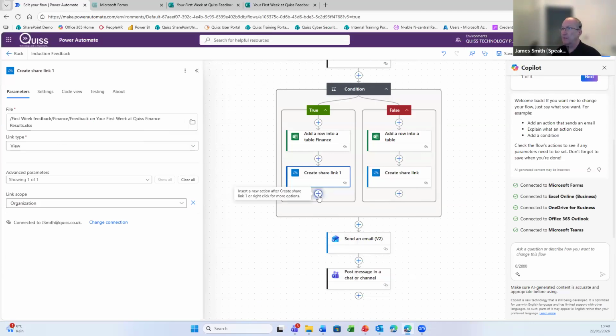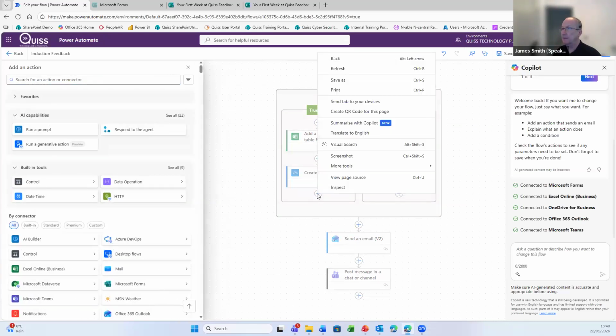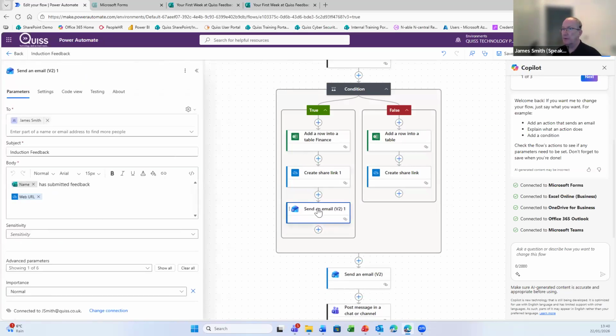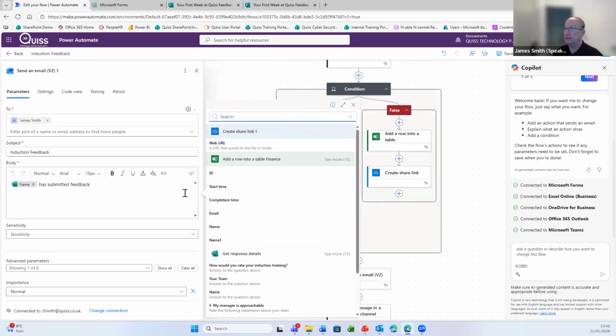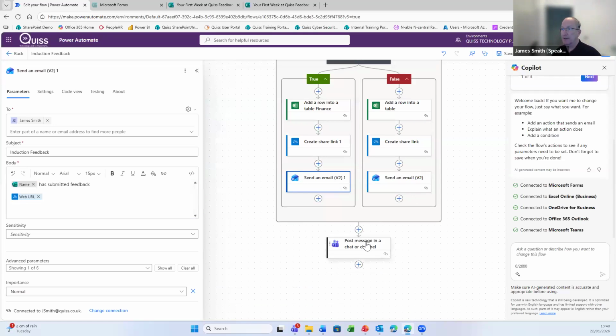I can copy my email because I'll need to adjust. Here's my action, because what I need to adjust with this is this web URL. The name is absolutely fine, but what I need to change is my create share link 1, so it adds the link to the correct place. I can move my send email into here. My post a message in chat or channel is absolutely fine because I don't need it to write to a